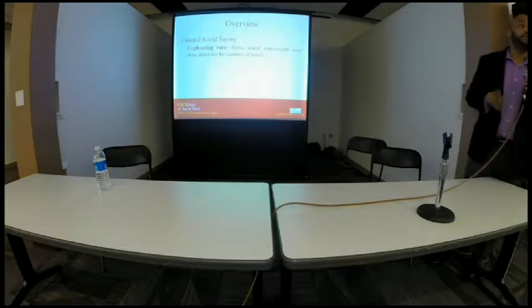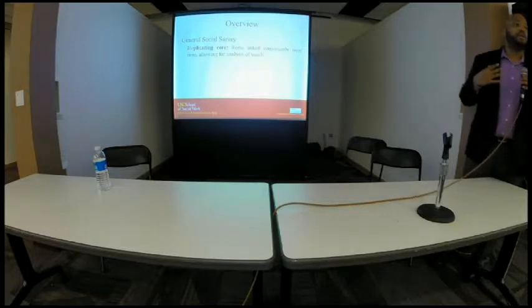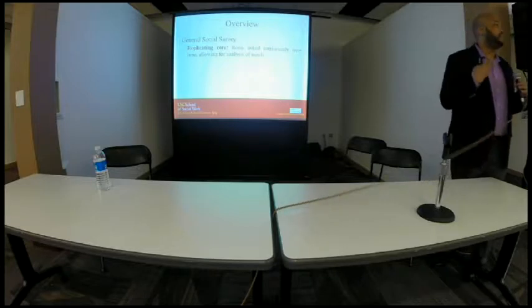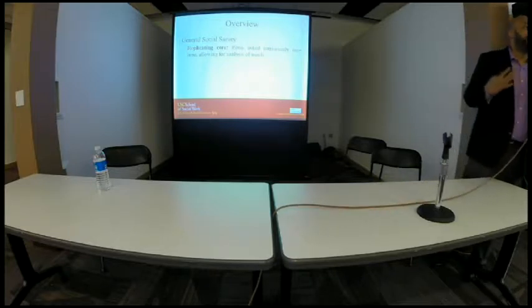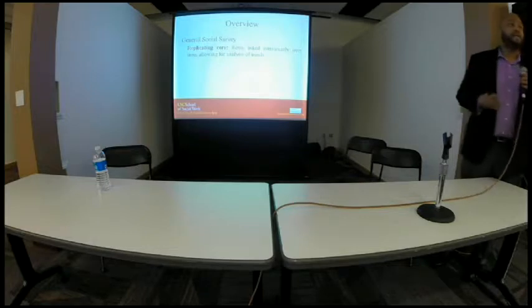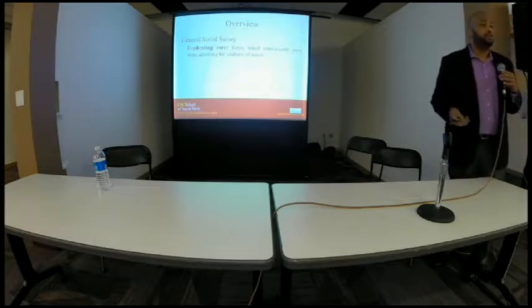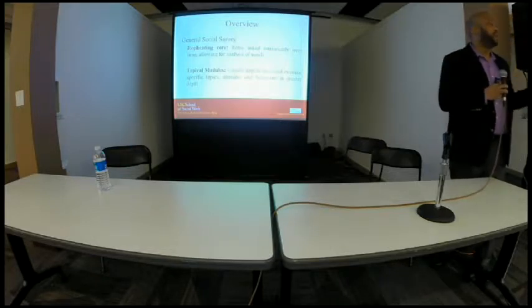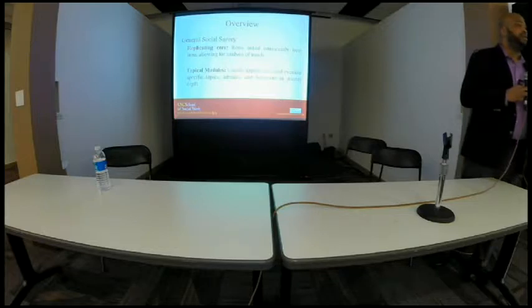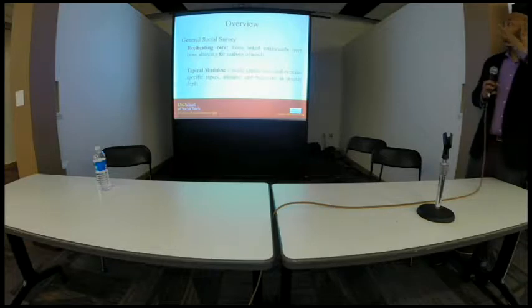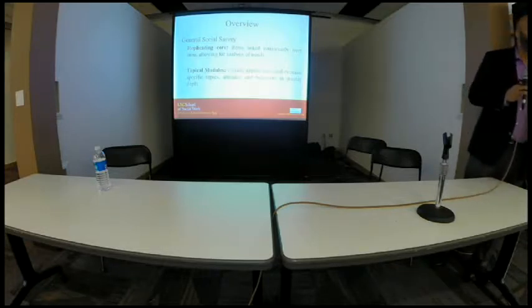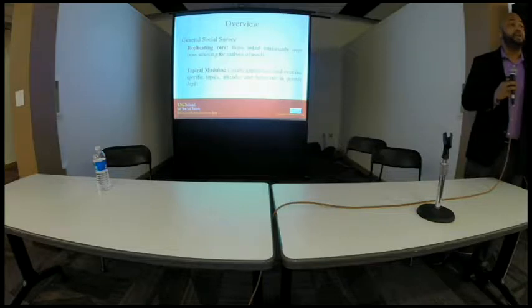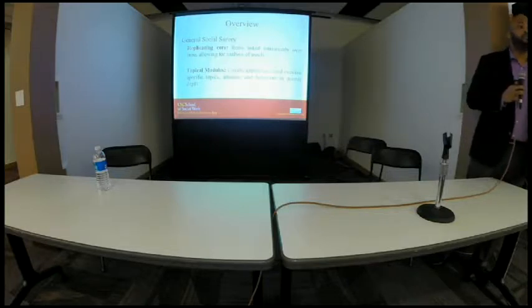GSS has two components. The first is the replicating core. These are items that are asked consistently over time. So we'll have information on the demographics, your age, your racial and ethnic identity that's asked every year, as well as your income and your years of education, and so on. We also have topical modules, and these vary from year to year. There may be a mental health topical module in the GSS one year. There may be something related to race-related outcomes in another year. The majority of the survey, largely 90 minutes, is the replicating core. These are questions asked of all respondents every year. In certain years, we have topical modules, which are questions asked of specific respondents that may vary from year to year.